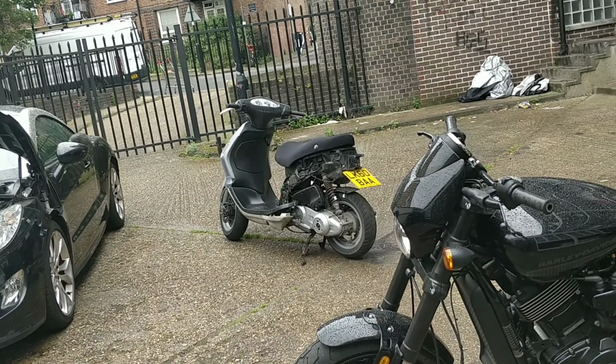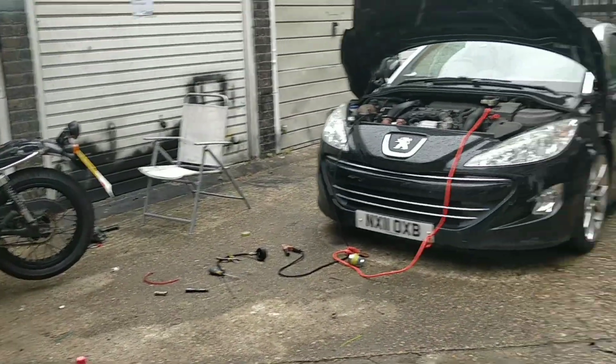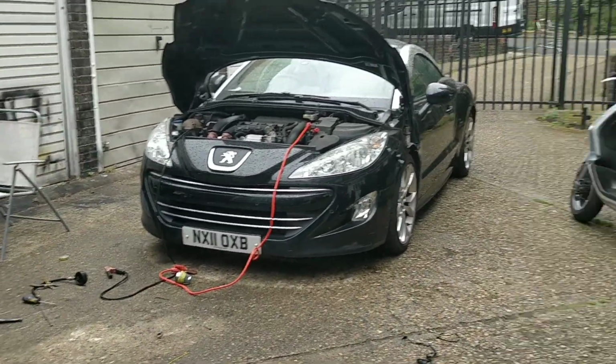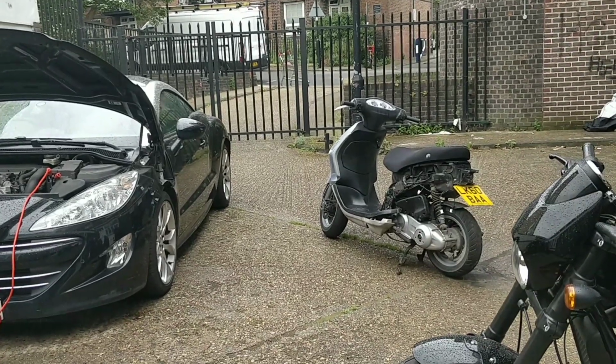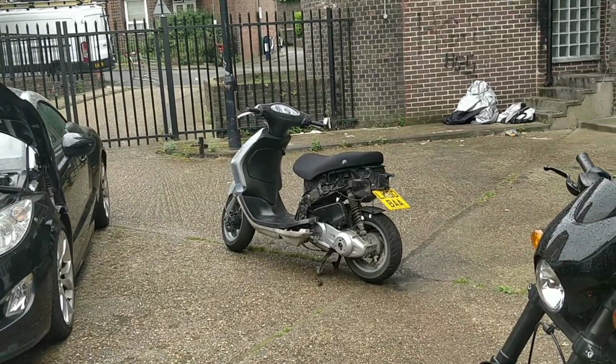And I did kind of mess with the jetting with the airbox on, so I'm just going to put the cone back on because it seemed to have its full power. Where's the cone? Over there. And try again. It's all very bitty, this, guys,